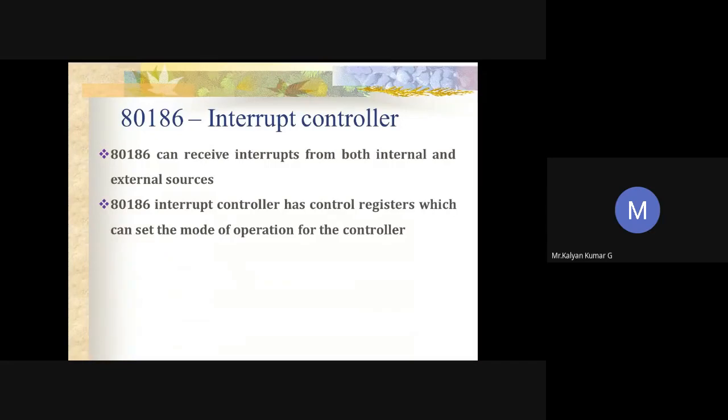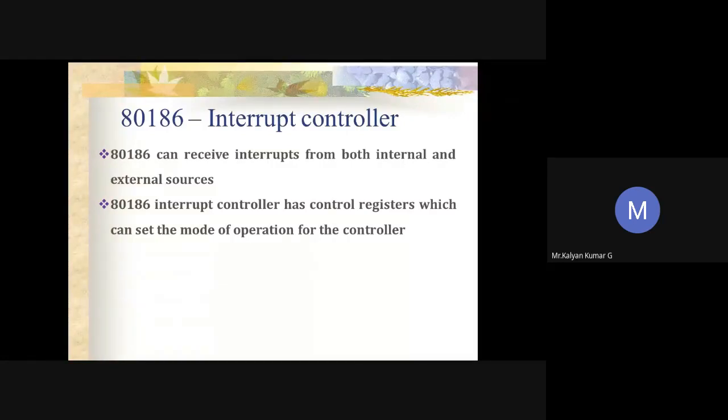So we have interrupt options. I think you know about interrupt priorities and all. Based on the interrupt priority, requests will be allocated and given individual interrupt service by the CPU. Even timers and DMA channels come under internal interrupt sources. And these sources can be disabled with the help of the control registers.